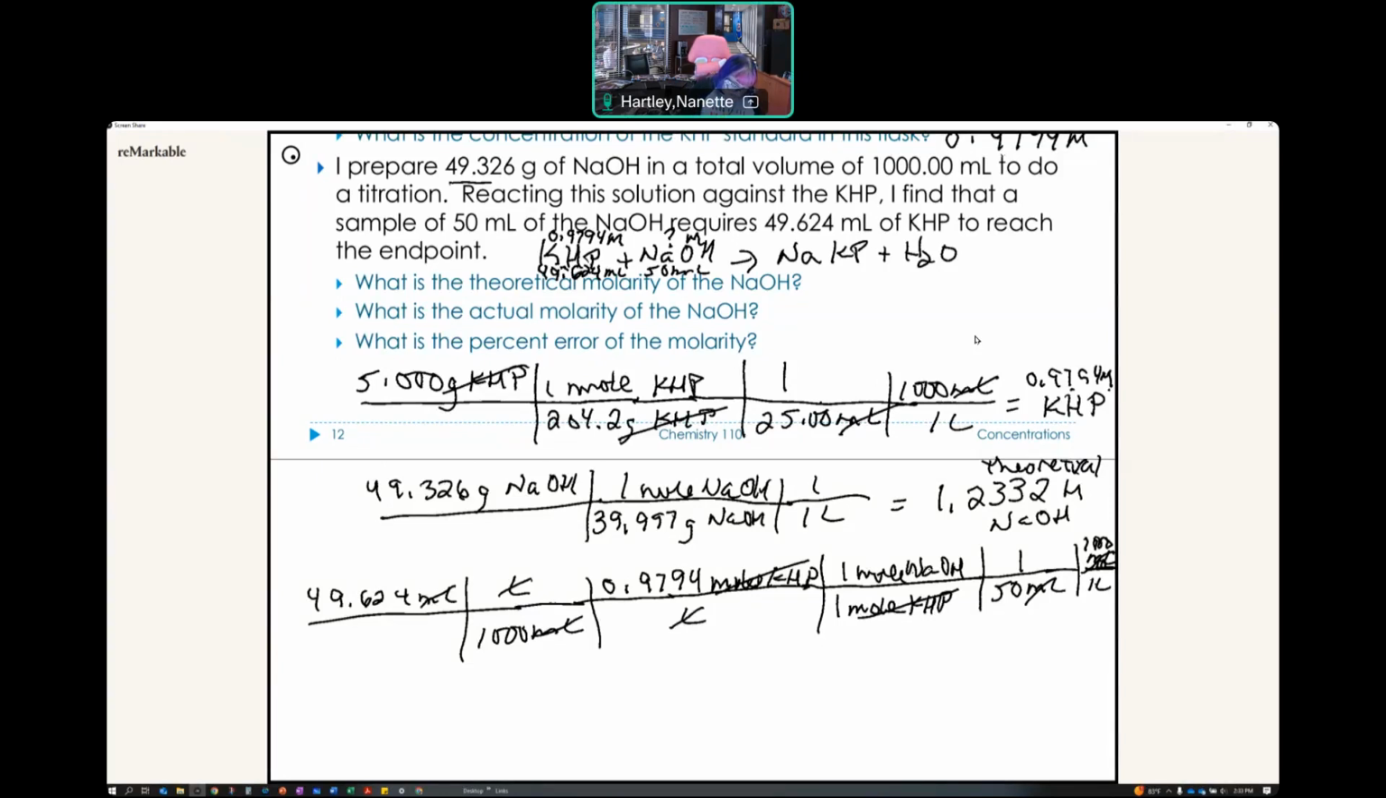49.624 times 0.9794 divided by 50 times that. Divide by 1,000 too. We need to get rid of the 1,000 that was right here. So these end up canceling each other, so we really don't need to include them. If we choose not to, that's okay, but that drives my head crazy. And that gives me